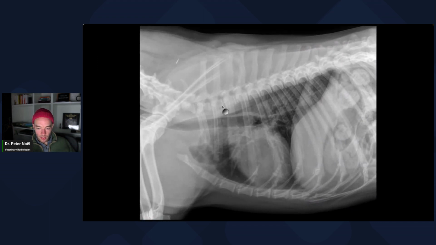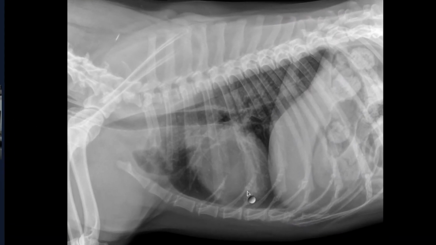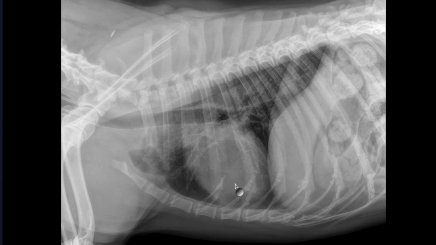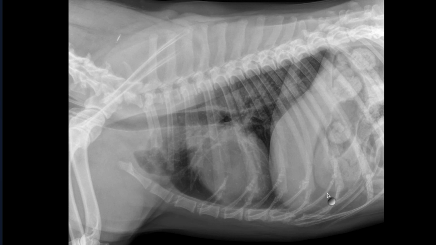You'll notice there's just a peppering of these lungs, and they're very small nodules. Heterotopic bone can get a little bigger than this, but what you'll notice is that all of these little nuggets are fairly similar in size. The only reason that you can see these is because they're mineral, so they're attenuating more X-ray than the soft tissue nodule. The other thing is Shelties and collies tend to have a predisposition for these, and it's been my experience, and it's been reported as well, that they tend to have a distribution in the cranial and ventral